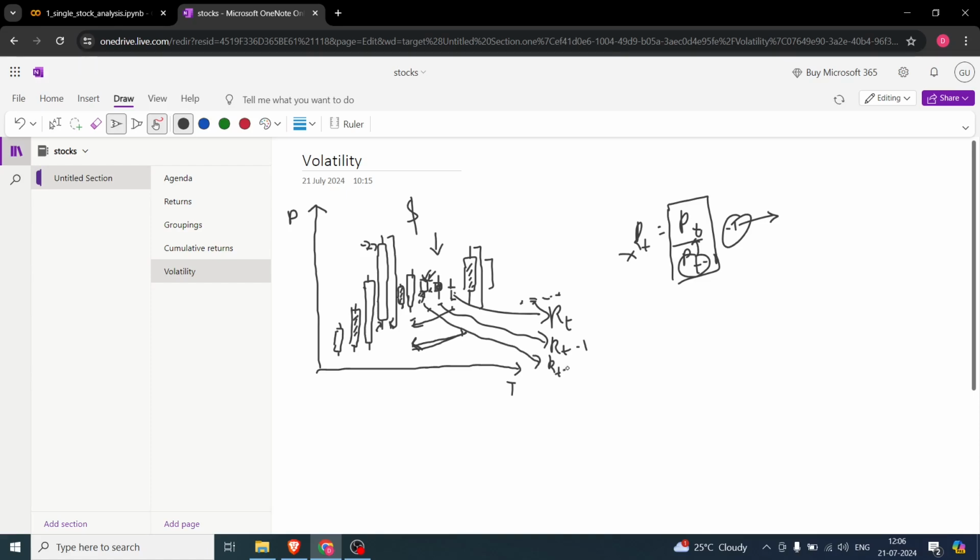This one over here will be r of t minus 1. This one will be r of t minus 2. And this one will be r of t minus 3. So you will take all those values, r of t minus 1, then r of t minus 2, then r of t minus 3. You take all of that and find